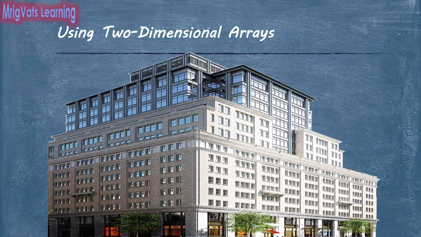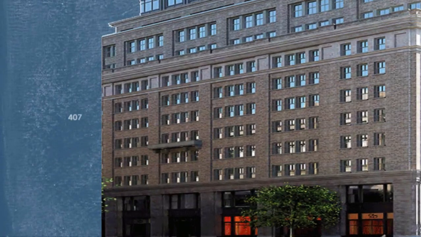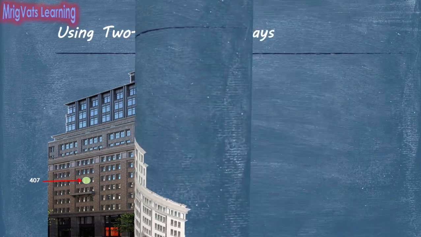Have you ever noticed the pattern of the room numbers in each floor? In most of the cases, for the ease of identification, the numbering starts with the floor number. For example, room numbers of first floor mostly start with 101, second floor with 201 and so on. As a result, you know the exact address of the room in the building. For example, room number 407 is the 7th room on the 4th floor of the building.